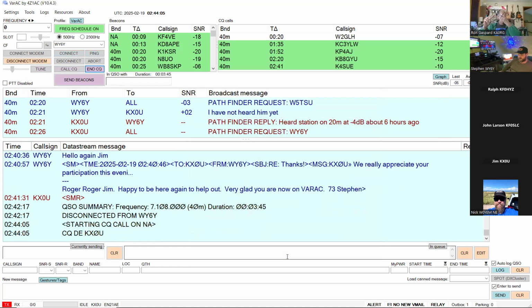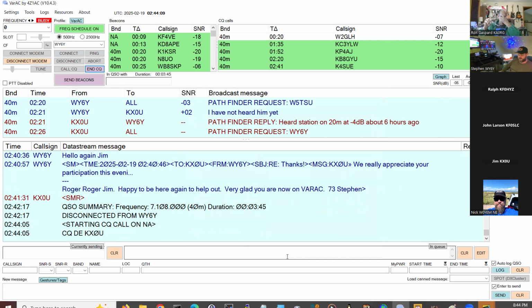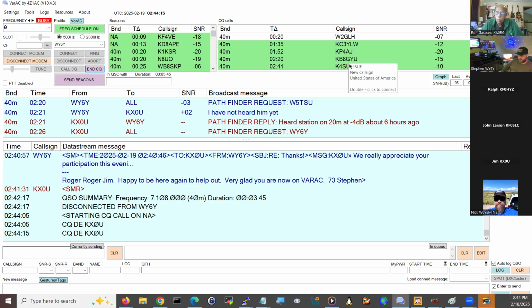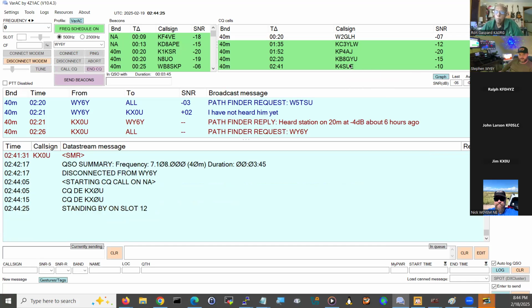So now I call CQ. I'm sending out a CQ. That should be appearing in Stephen's window for CQ calls. You can see I'm now standing by on slot 12. Is my CQ showing up there, Stephen? It hasn't, and